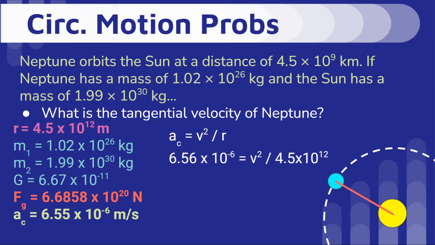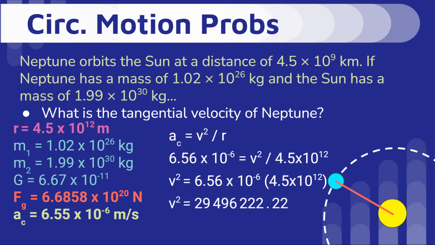I have 6.56 now instead of 6.55. I don't know which way it was supposed to be rounded. I had to recalculate it. But 6.56 times 10 to the negative 6th equals v squared over my distance of separation in meters. So make sure you use the one in meters, 4.5 times 10 to the 12th. Okay, so I'm going to multiply both sides by 4.5 times 10 to the 12th. And that will be equal to v squared whenever I multiply those. And then, of course, I'll have to take the square root of that very large number,